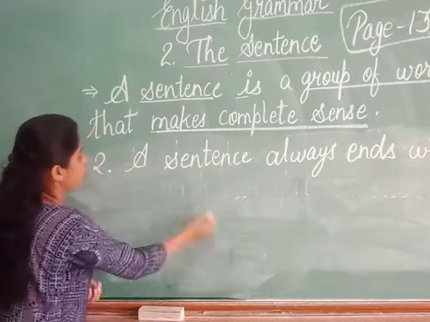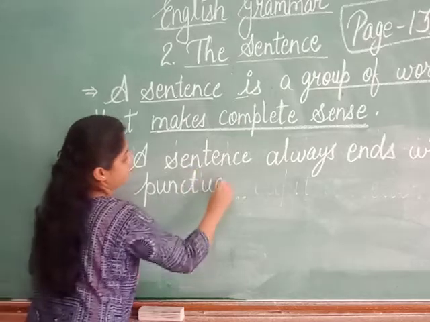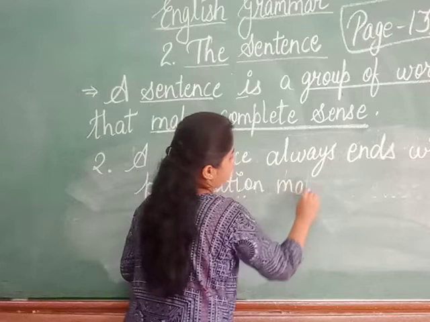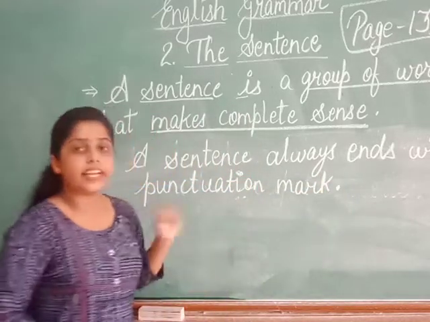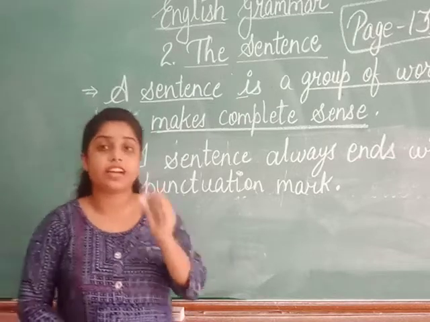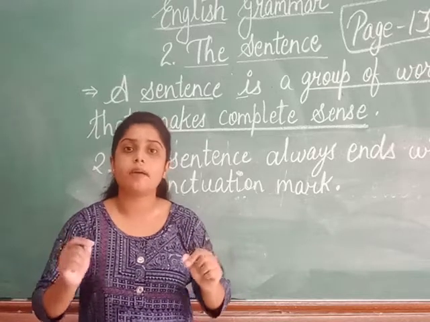With a punctuation mark. ओके, एक सेंटेंस हमेशा किस तरह एंड होता है? जब भी आप लिख रहे हैं, whenever you are writing a sentence, it always ends with a punctuation